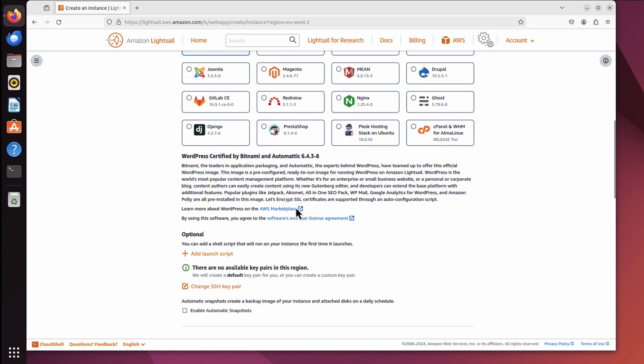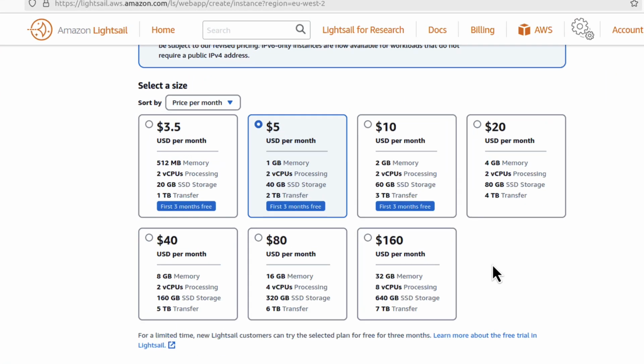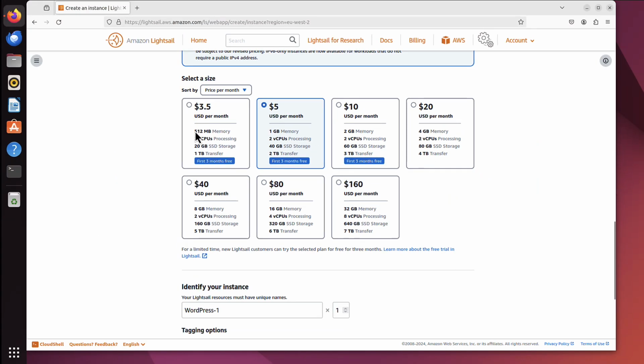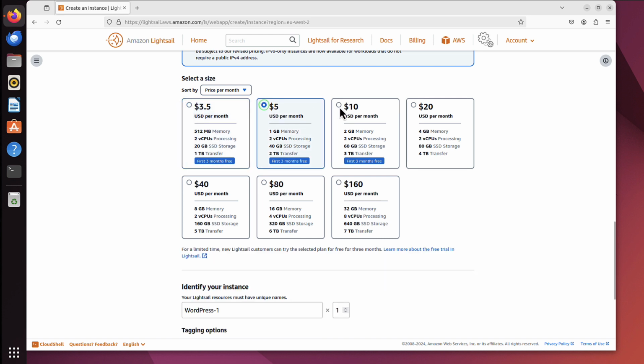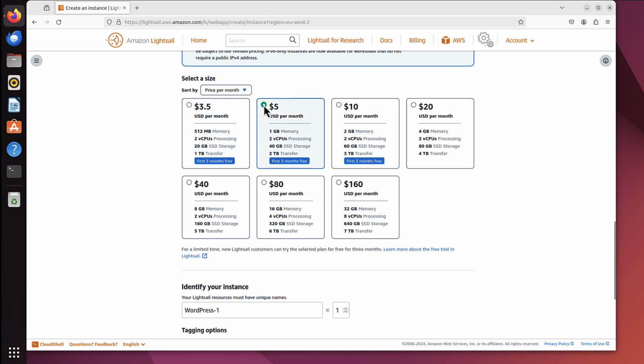Then we can scroll further, and honestly, I don't think we need anything else here. Plus, as you can see, you have the first 3 months available for free. So any server you pick out of those 3, the one for $3.50, $5 or $10, the first 3 months are free. But honestly, even after those 3 months, $3.50 per month, it's not bad, is it? So I will stick with the default, I think this one. It doesn't really matter for me, as it's only going to be temporary. But anyway, we can scroll further.